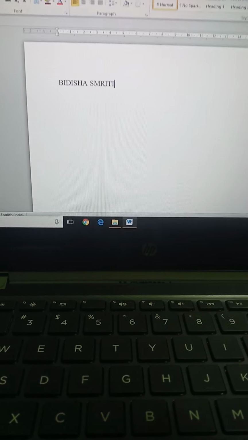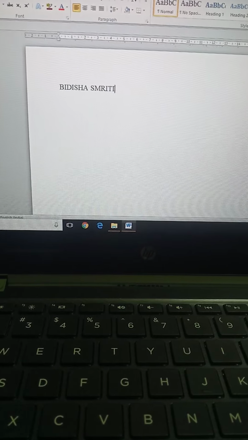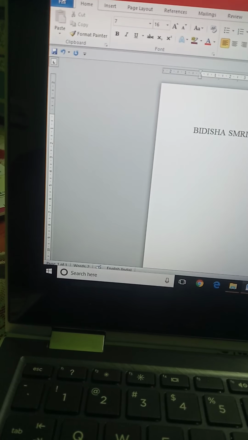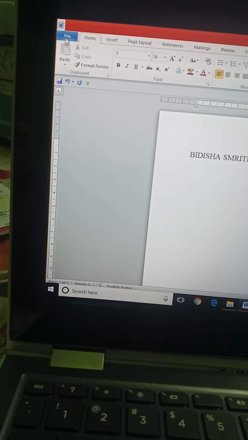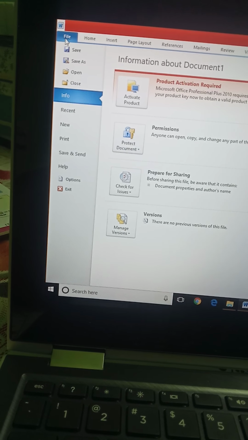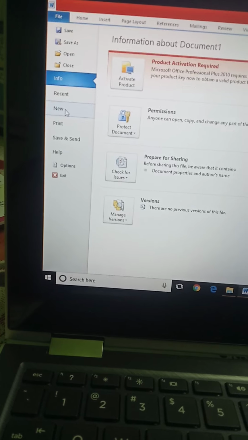Now you want to open one new file of Microsoft Word. How will you open it? For opening a new file of Microsoft Word, you have to go here in the File tab. You will select it and click on the New option. Then you will click on Create.